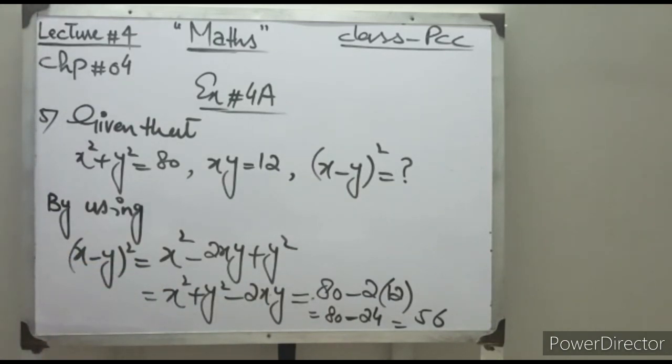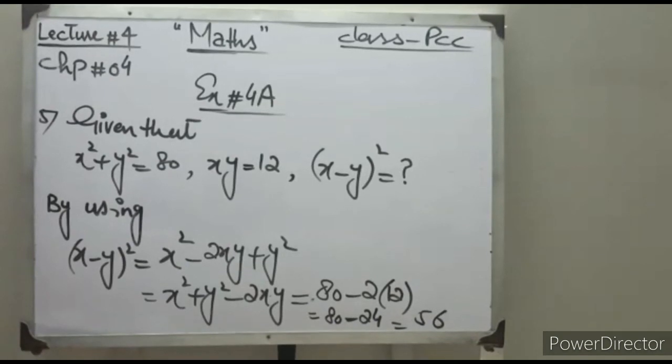Question number 6 is your homework. Students, in today's lecture we discussed the three identities. Identities number 1 and number 2 are the perfect square identities, and the third identity is called the difference of squares identity. Inshallah, I think you may be able to do all the questions of exercise 4B, question number 1, 2, 3 and question number 6. In the next lecture we will discuss the intermediate and advanced level of this exercise.